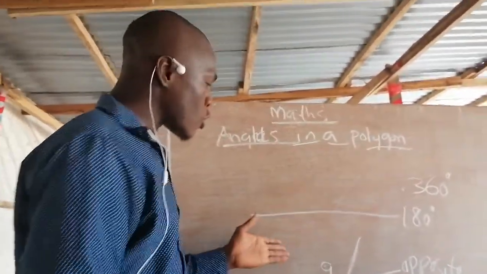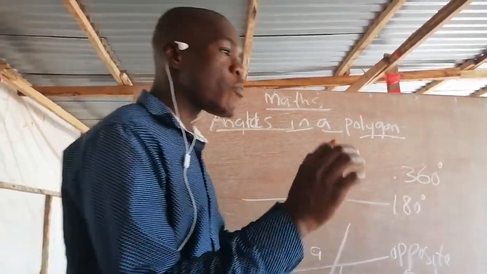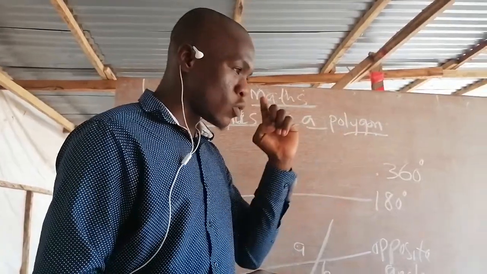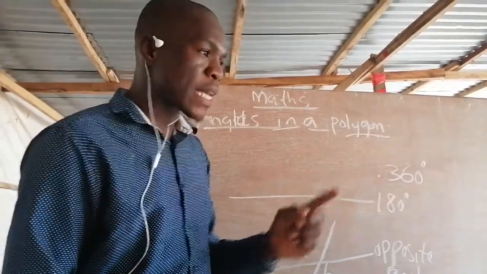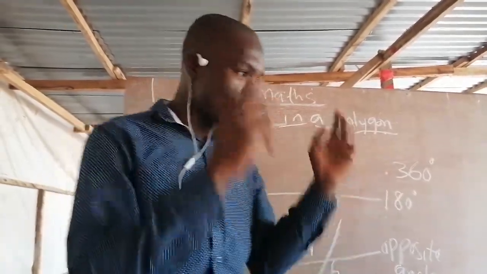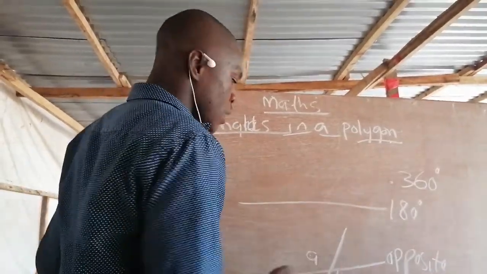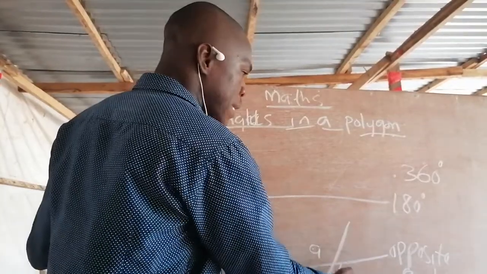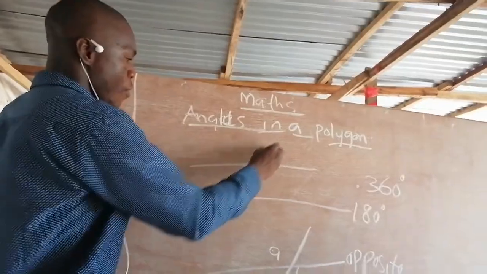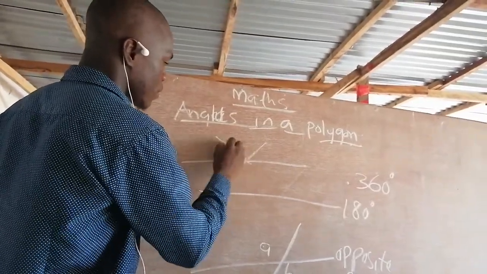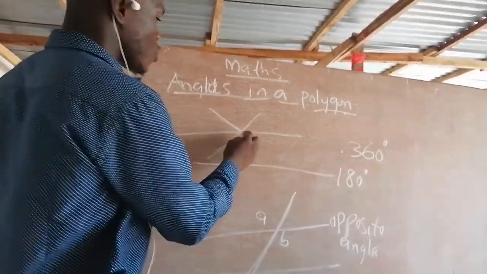Yesterday, I taught you that when you are solving for angles and they have 2 or 3 letters representing them, and you discover that there is an opposite angle on it, once you solve for A, which is the opposite of B, you automatically know that A and B, they are what? They are the same. Look at this for example. You now have something like this. If you are solving for this,